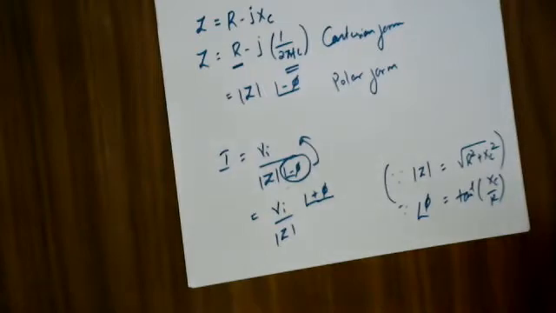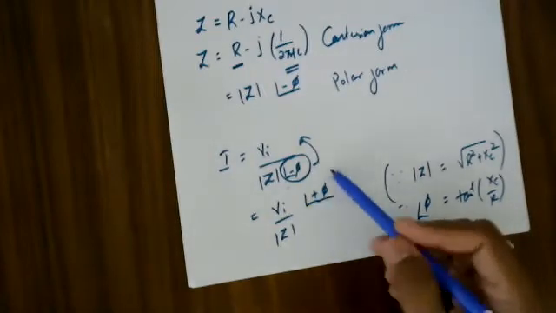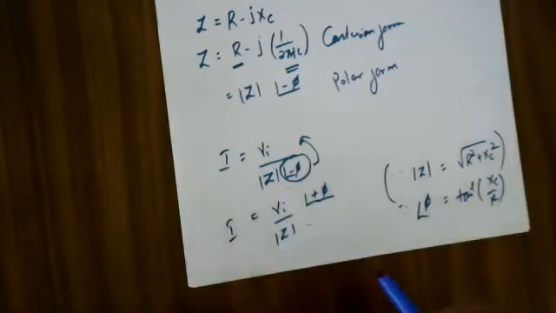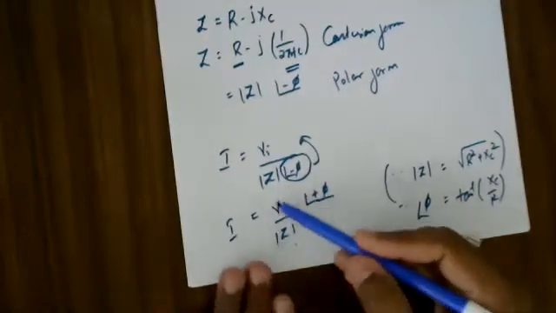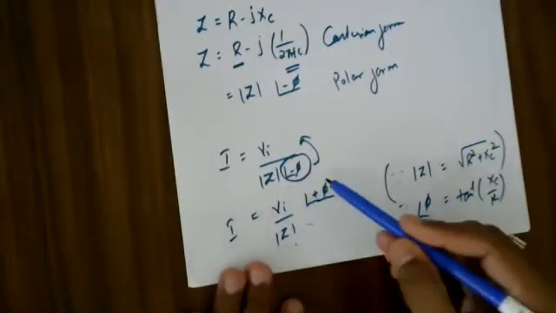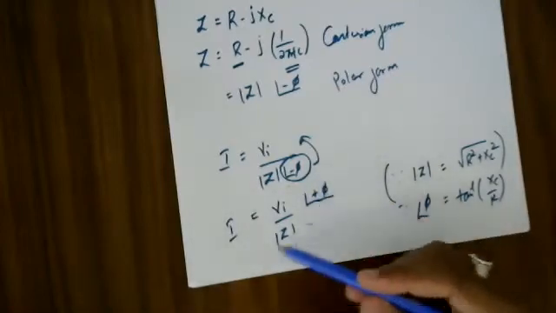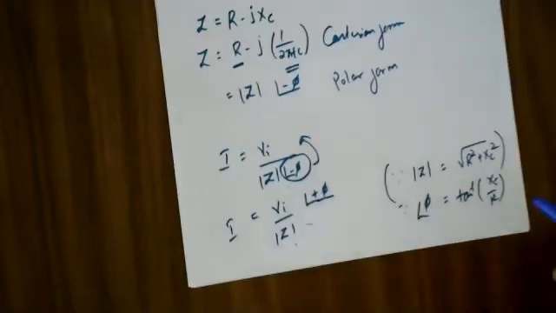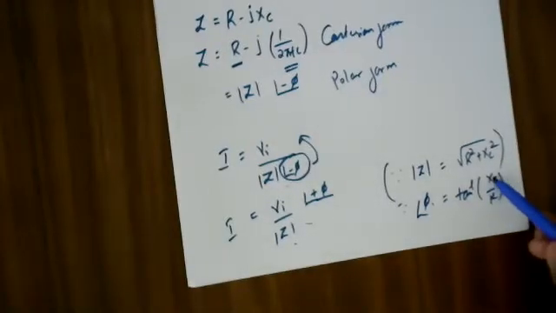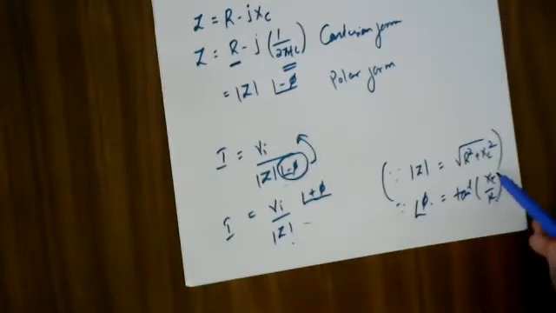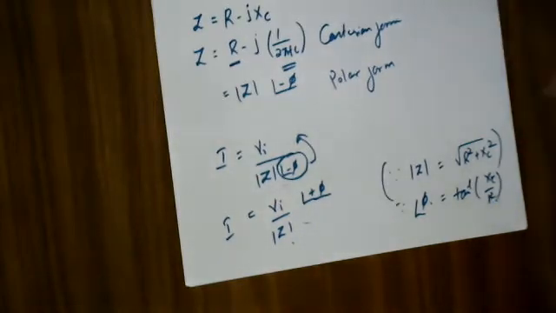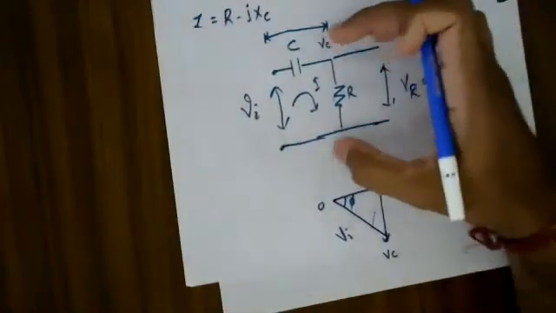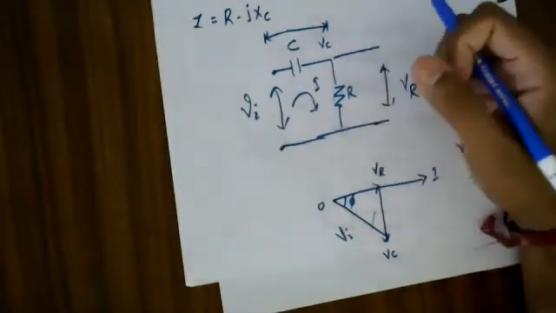The point that you need to understand here is, if I see this equation for I, which is given by VI by mod of Z, this is some fraction, and I have some value of phi in my equation, where this phi is dependent on XC and R. It simply means that if I choose a proper value for R and C, I can control the angle that this particular circuit is going to offer me.